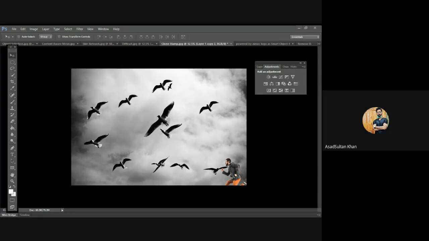Okay, can you do the cloning of birds? Sure. So this is how we do it. We can use the clone stamp tool as well. We can use the healing brush tool as well. जो हमने वहाँ पे lady वो जो थी Vex वाली wall उसके साथ किया था. We can also do something like this. Quick selection use करके भी. So once you get a hold of all these tools, you can really understand how they work. So let's use this one.